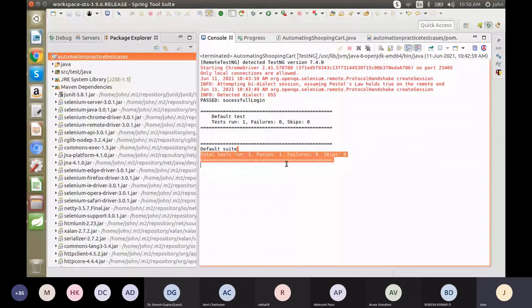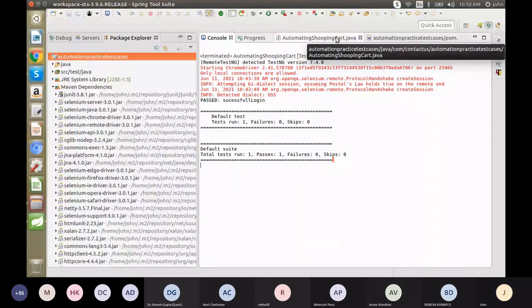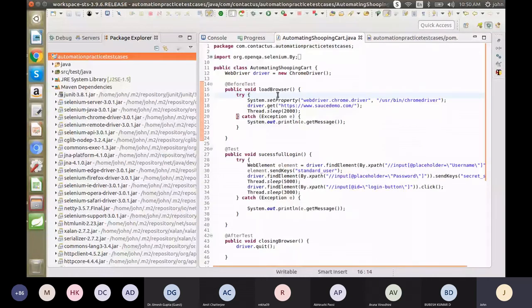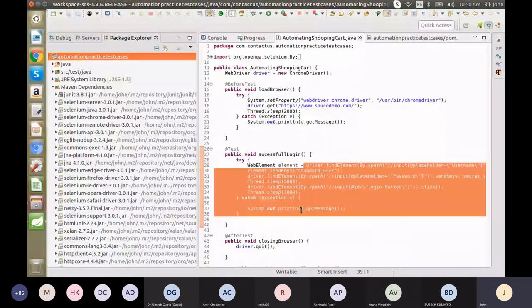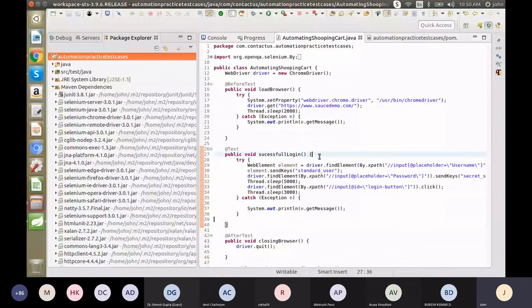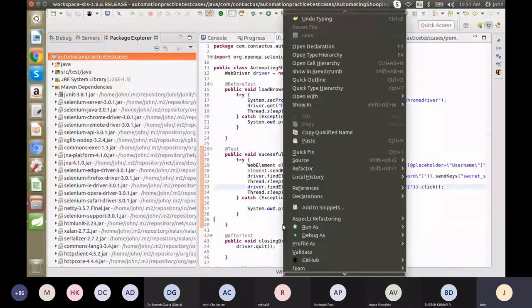Yeah. So in the test cases and TestNG and everything, we will automate one more add to cart functionality. So this is the usage of TestNG.